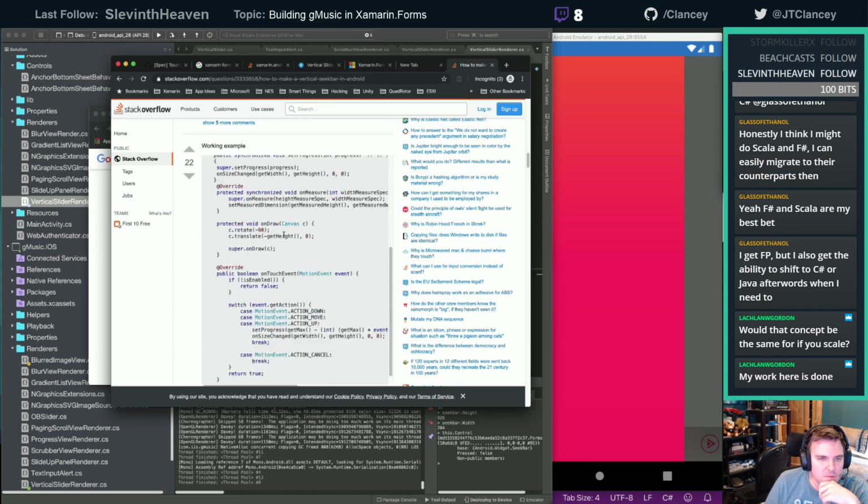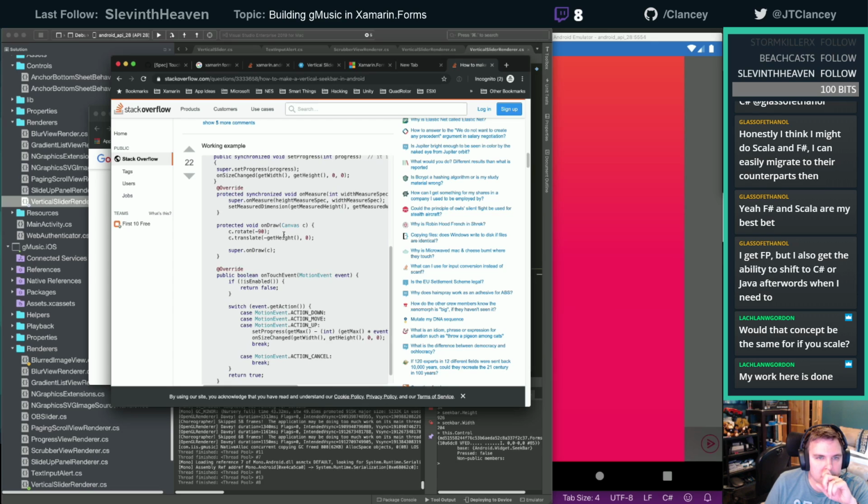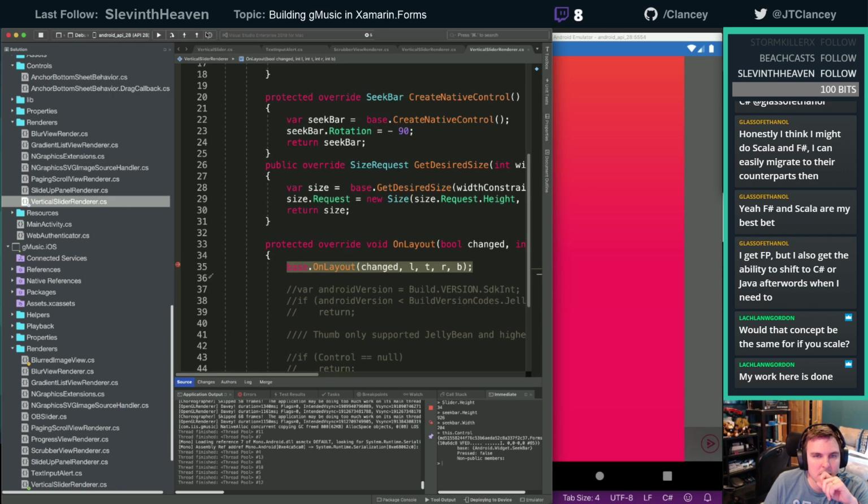I don't know if there's anything funky with the height. Aha, right here. They're saying, look, there's an on measure, and they return the height in backwards like we did.